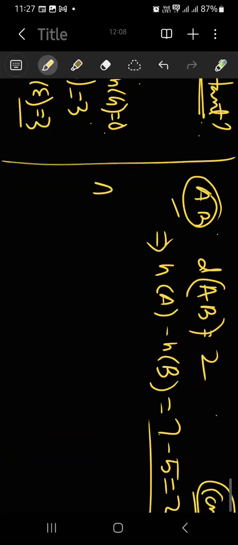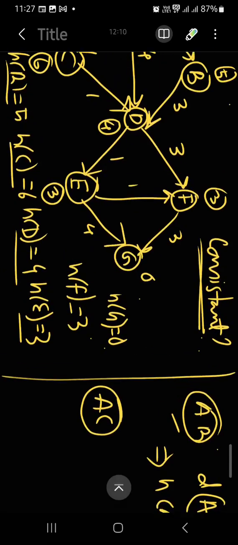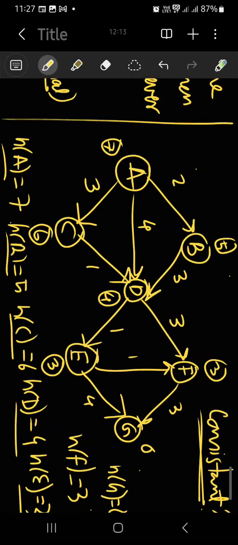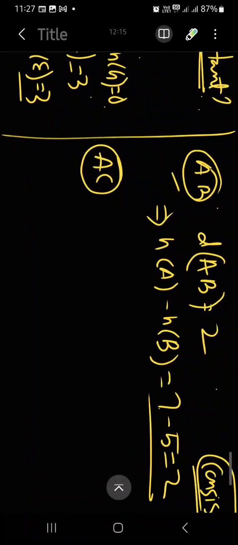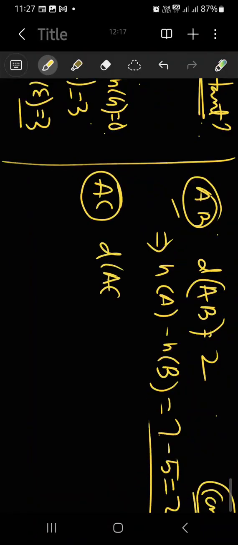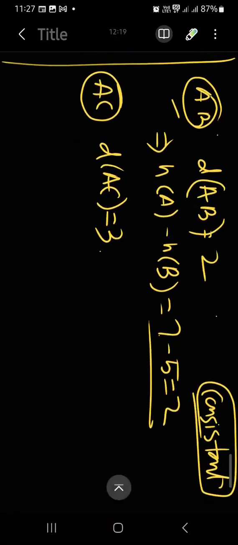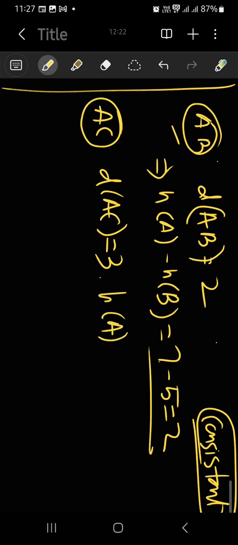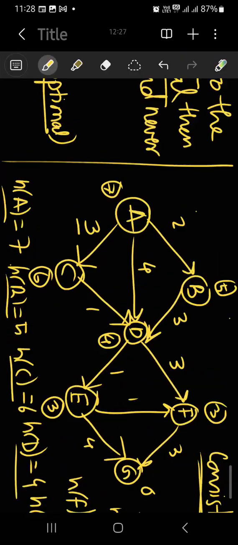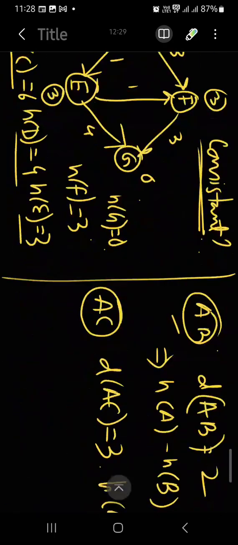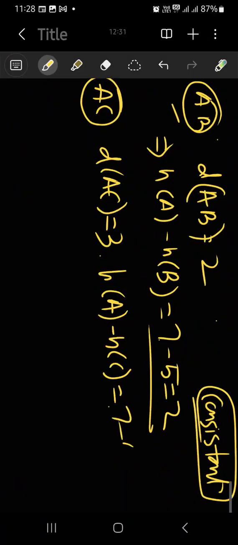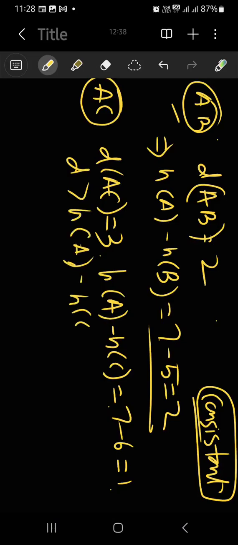কি হচ্ছে গাইস? এসির ক্ষেত্রে এআরসি, তাহলে ডিস্টেন্স বিটুইন এআরসি কত? ডিস্টেন্স বিটুইন এআরসি হচ্ছে 3, রাইট? আর হিউরিস্টিক ভ্যালু ডিফারেন্সটা কী হবে? এইচ অফ এ মাইনাস এইচ অফ সি, এটা কত হচ্ছে দেখে নিচ্ছি। এইচ অফ এ মাইনাস এইচ অফ সি মানে হচ্ছে 7 - 6, যা হচ্ছে 1। সো এখানে ডিস্টেন্স ইজ গ্রেটার দ্যান দ্য হিউরিস্টিক ভ্যালুজ ডিফারেন্স। সো এখানেও কনসিস্টেন্ট হচ্ছে।